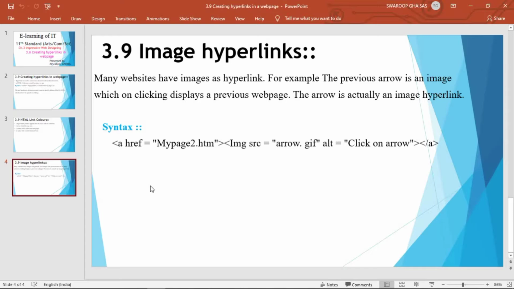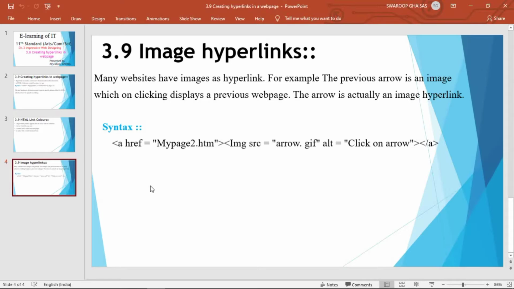You can also see in many websites, for login there is a login and cancel. Many sites use an icon, an image icon, instead of a text button. By clicking on that particular image, you will be redirected to the particular page. So like a text-based hyperlink, you can use image hyperlinks, but the only difference is that instead of the text you have to click on the image. So how to create such image hyperlinks? First of all, to create a hyperlink, the tag used is the a tag.